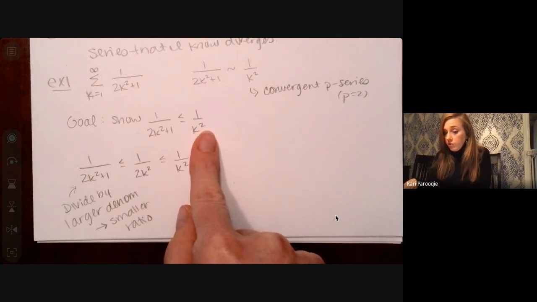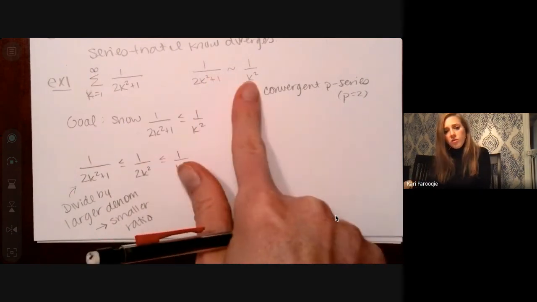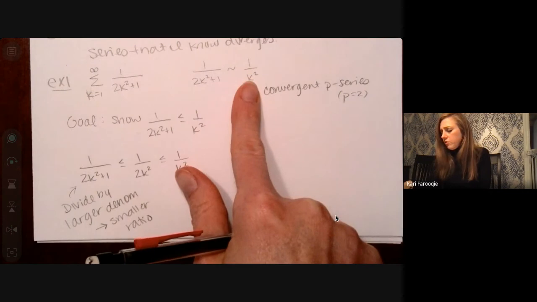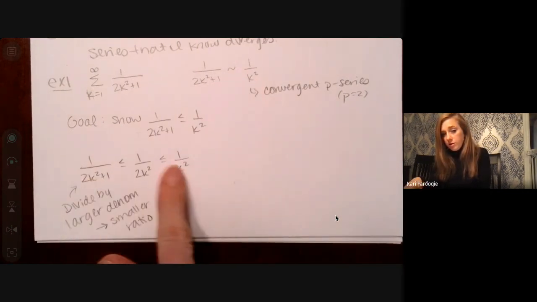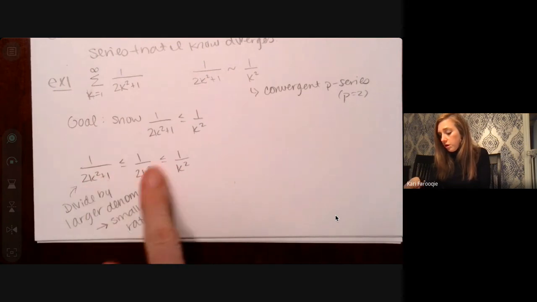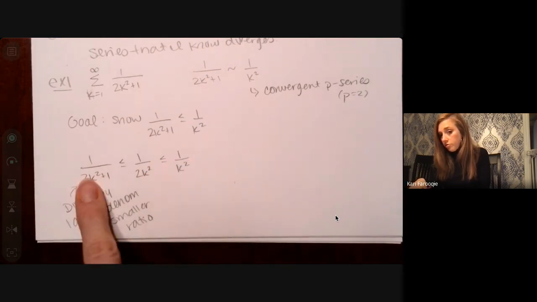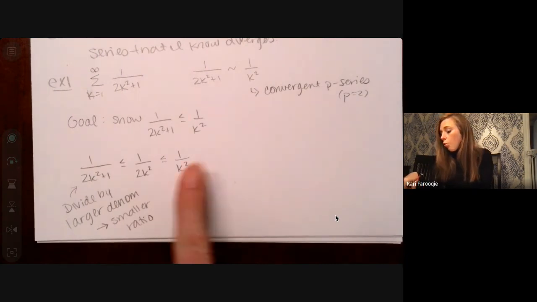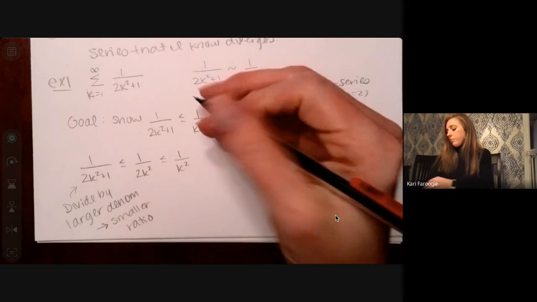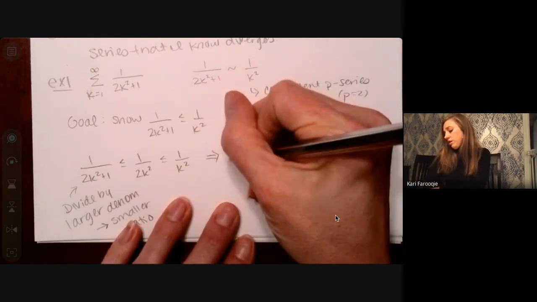If you don't, that's fine too. But at least show me some sort of roadmap. Even if you don't say this, you must say this. This is the part that's required. Show me by comparison that your series is less than or equal to a convergent series if you're trying to show that it converges. Once you have shown this, we can say hence